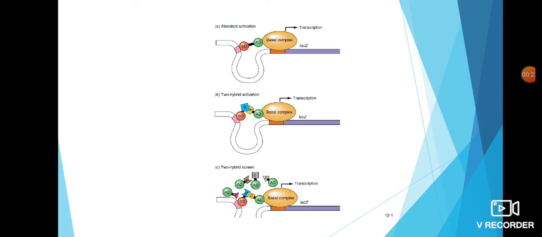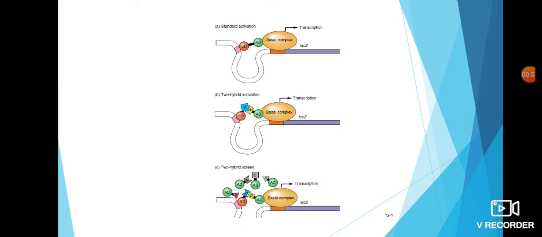If you see the diagram, the first diagram shows the classical example. They have taken LacZ as a reporter gene, where the basal transcription factors come and bind to the promoter sequence just before LacZ. Then there is an upstream region, where there is an activator binding site. As I mentioned in my previous class, an activator has a DNA binding domain as well as an activation domain. Now, only if the activation domain interacts with the basal transcription factor can you determine transcription.